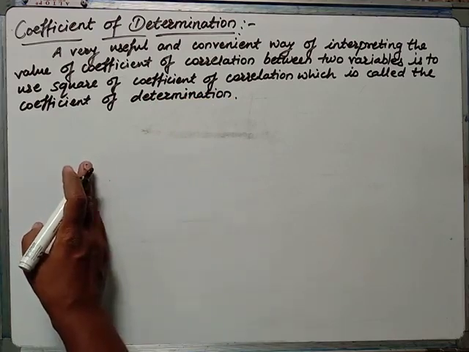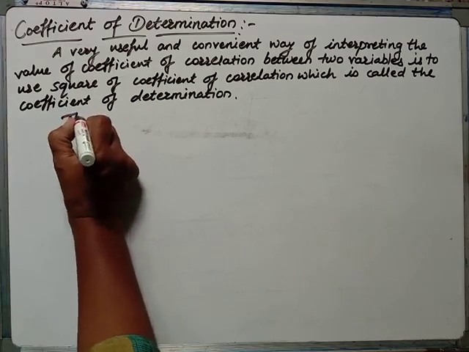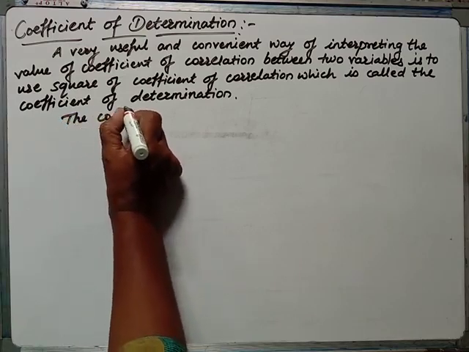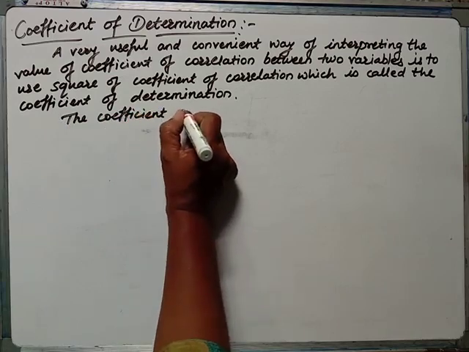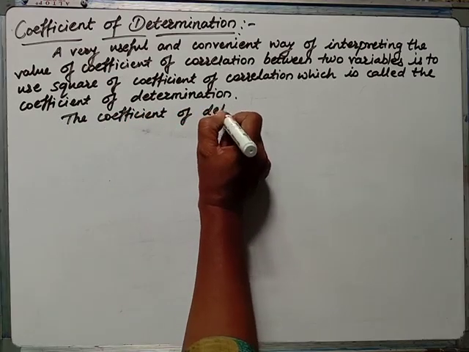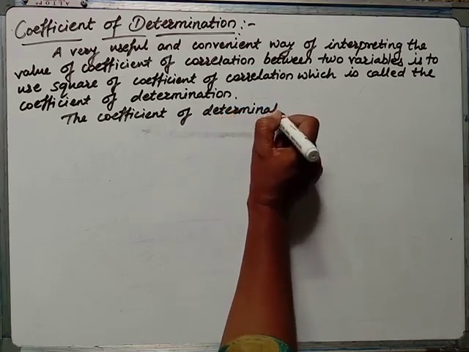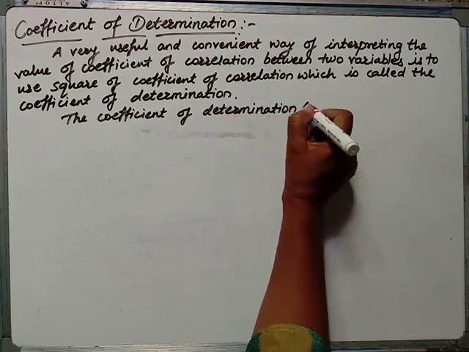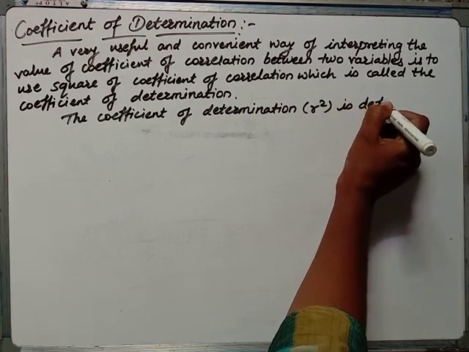R is coefficient of correlation, r square is coefficient of determination. The coefficient of determination, that is what r square is, defined